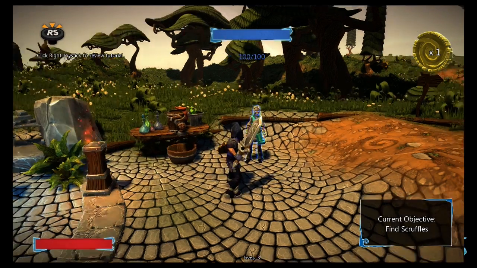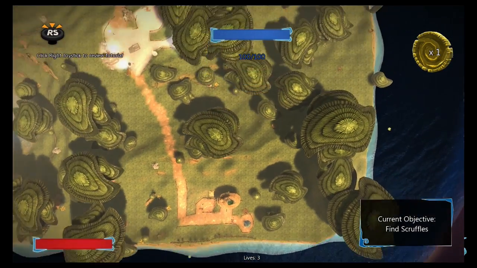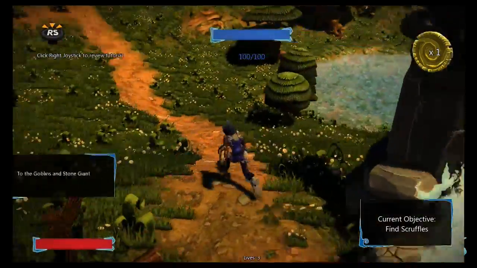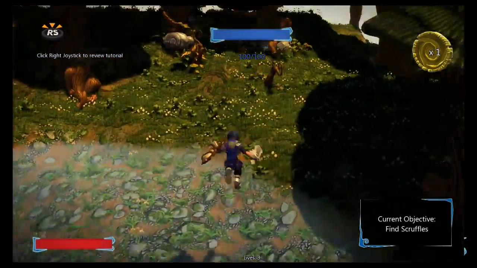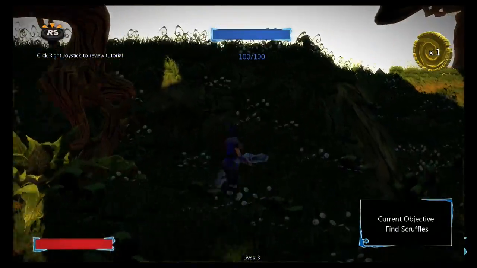So now, I need to find Scruffles. So I'm going to open up my map. Look around. There's Scruffles. Let's go find Scruffles. Let's see if I can make it over this pond pretty easy with my charge jumping. Just should be getting pretty close to...